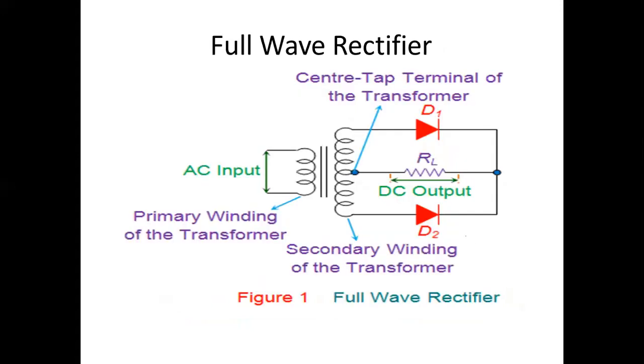In the full wave rectifier, what are we going to use? We are going to use the AC circuit with a transformer, a center tap transformer. This is the transformer symbol, with primary winding and secondary winding. But center tap means there is one more terminal, a third terminal. There are two secondary windings here, one winding on this side and one on that side. This center tapping is a common point. For the positive half cycle this will be phase. For the negative half cycle this will become phase, but this common point remains common only. That is called the center tap.